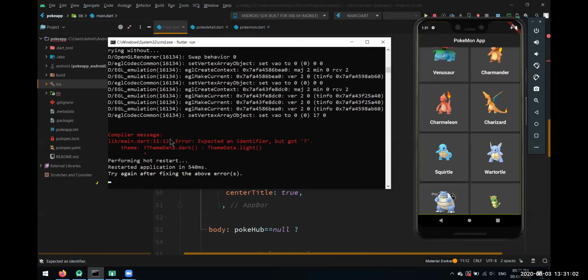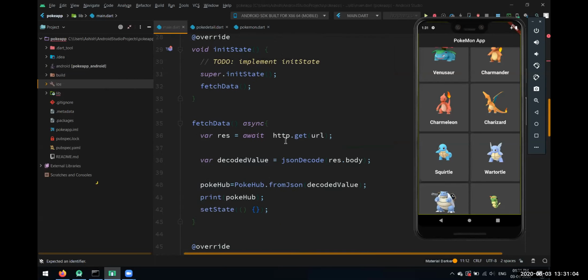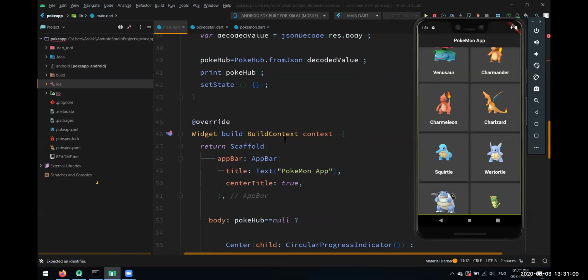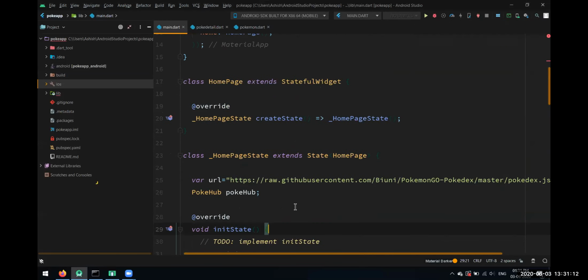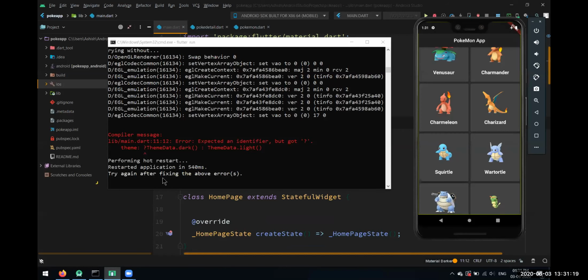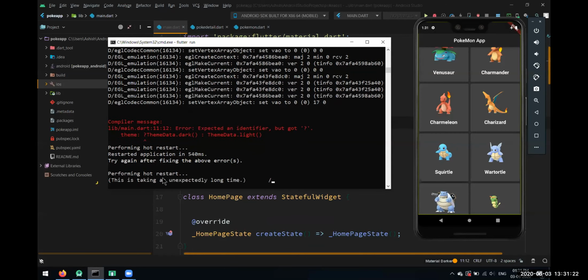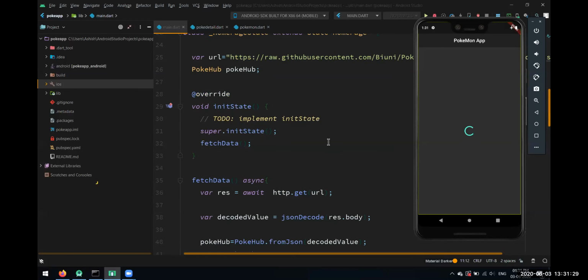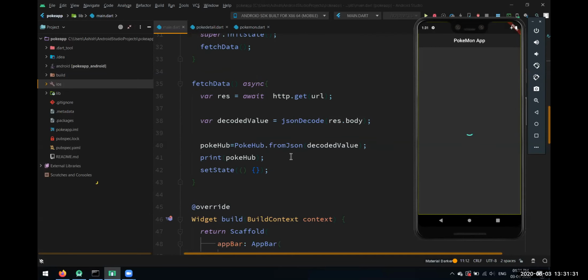Let's just hot restart. Okay, I'll just remove this condition I have just made over here. Where is it? Let's just keep dark. I think dark is fine for everyone. You can add those conditions according to you. Let's just hot restart and see what we are getting. See, this will not stop. This will just show a circular progress indicator, because we are not able to reach that API, we are not able to make an HTTP request.